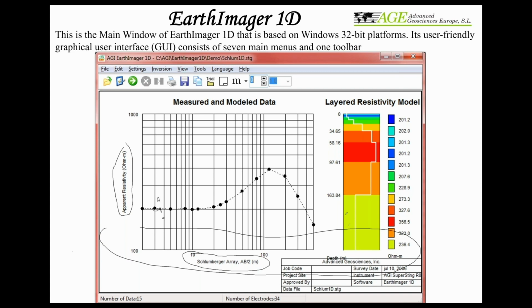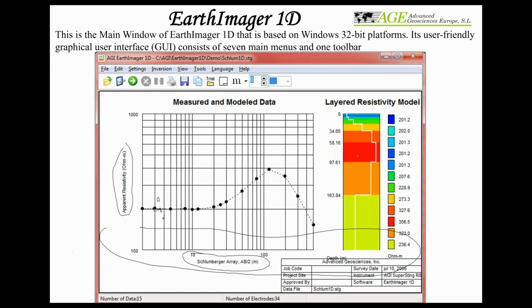On the right side here, I'll show that also in the software, is the geoelectrical model. So what you're trying to do is convert this field data on the left side to a geoelectrical model like this, which has resistivity values, and these are the depth values here. So depth and resistivity values. That's all we try to obtain from one vertical electric sounding: depth values and resistivity values,